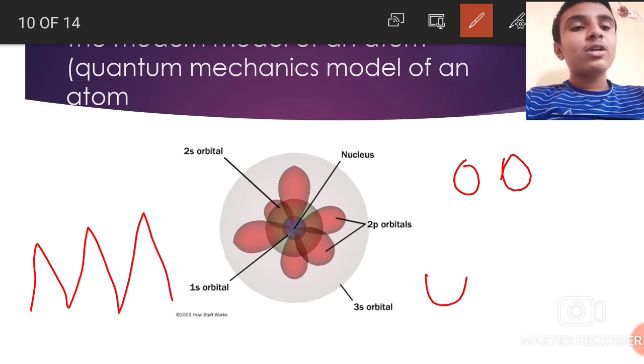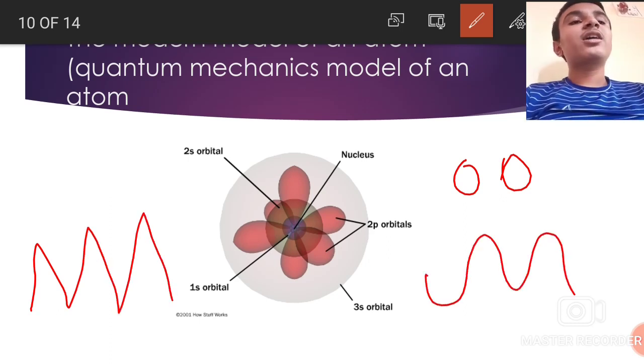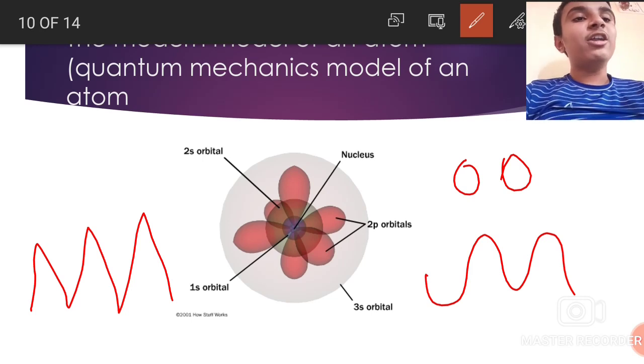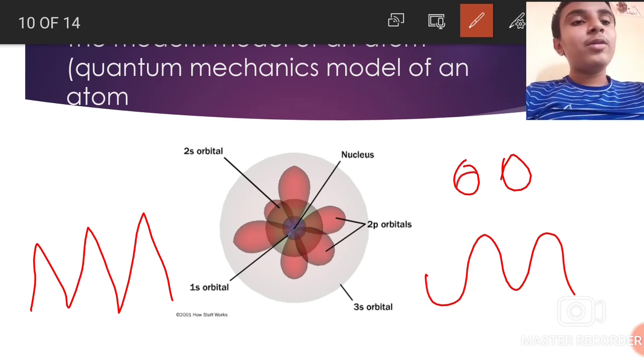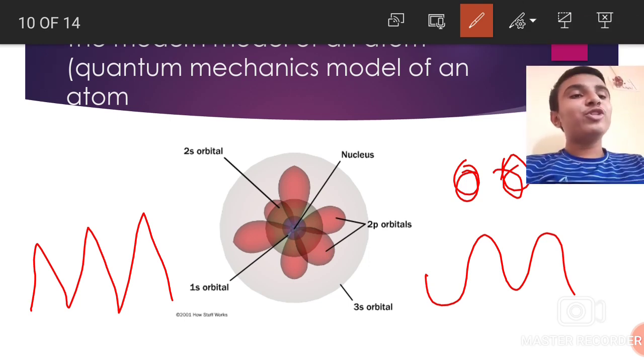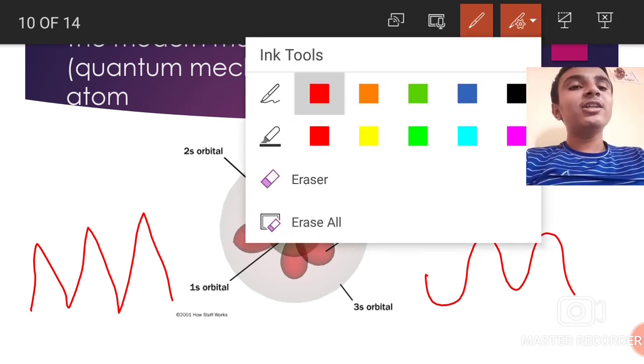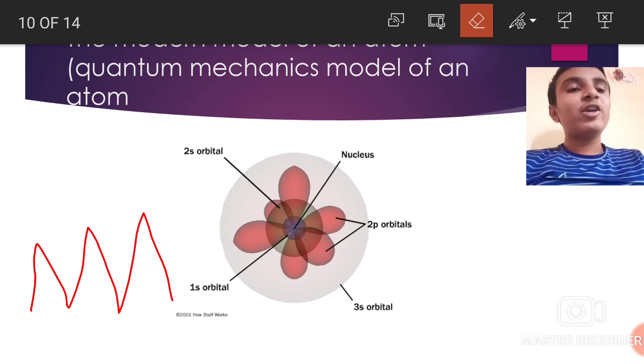Yes, friends. Electrons are considered as waves, with their energies, but in the previous models they were considered as particles. Don't be confused, friends, about waves and particles. I will tell you what waves and particles are.